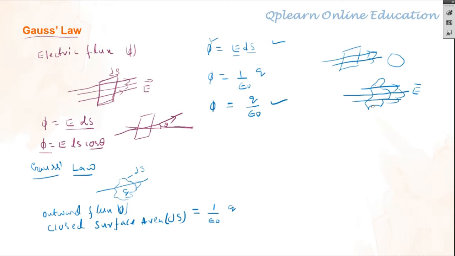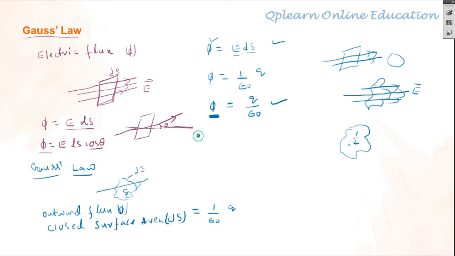So at that time you go through Gauss law. It is very easy. It says that if you take any irregular shaped area, you look at what charge is enclosed within it. For example, 1 coulomb or 2 coulombs of charge is within this area. If 2 coulombs of charge is present, that's all. You take 2 coulombs divided by epsilon naught.